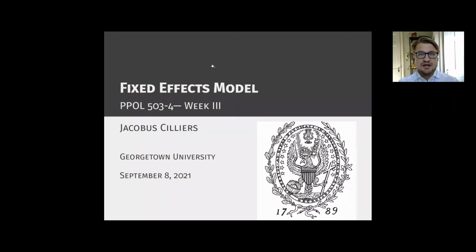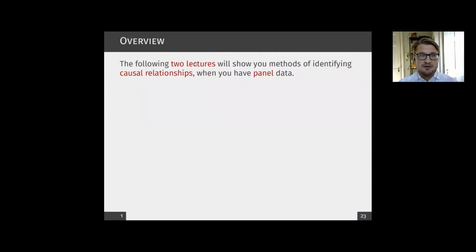Good morning. Today's lecture will be on fixed-effects models. This is the third lecture of the Quant 3 course. So as a quick overview, the following two lectures will cover methods of identifying causal relationships when you have panel